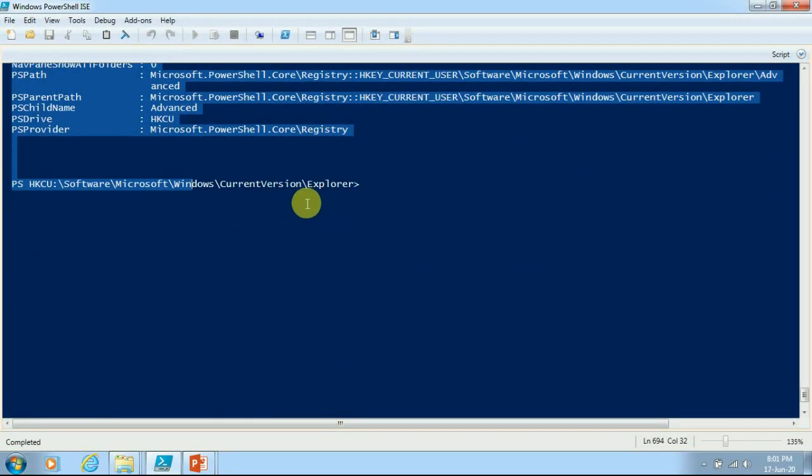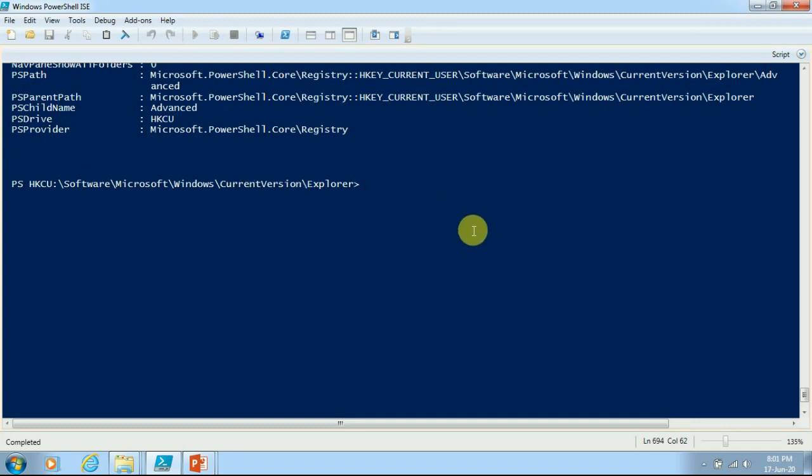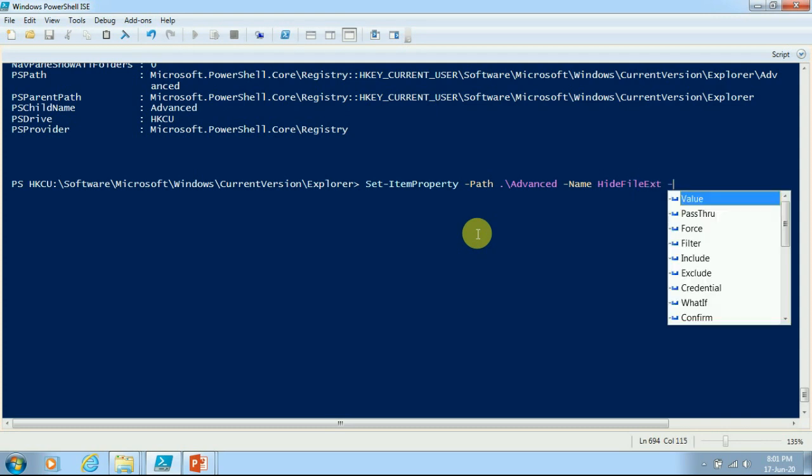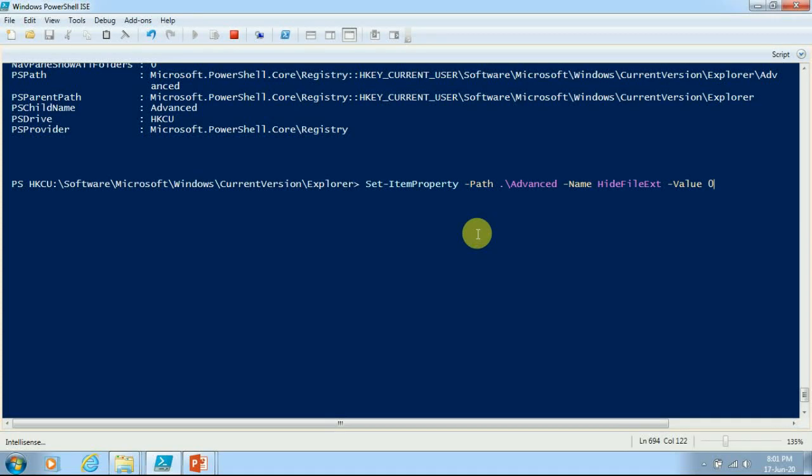And if I want to change any key value from this one, I will have to use Set-ItemProperty, and in path I will have to specify the path, and after that I will have to give the key name. So I will use HideFileExt and the value will be 0.